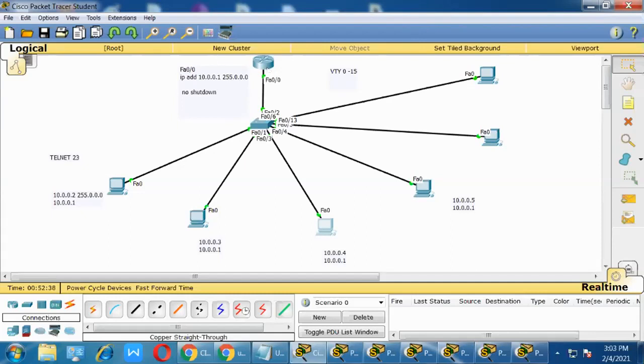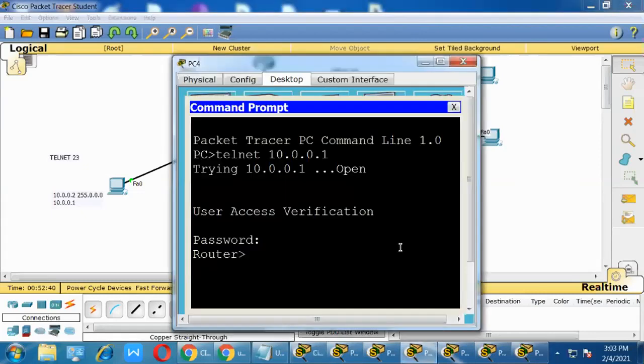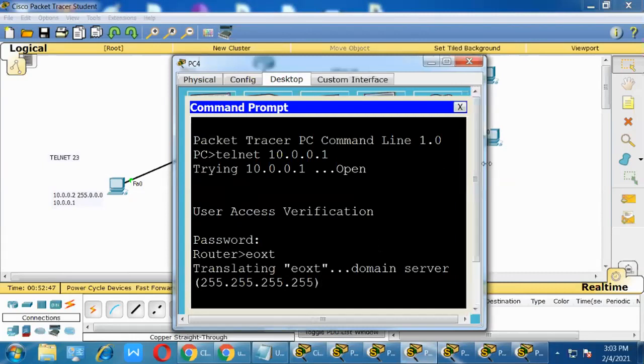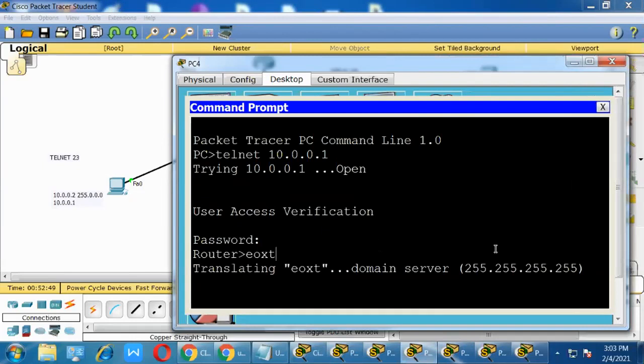Because see here, when I try to log on, it is not working. Control Shift 6 X you need to type. It takes some time because I'm typing a wrong command, so it's going to check.